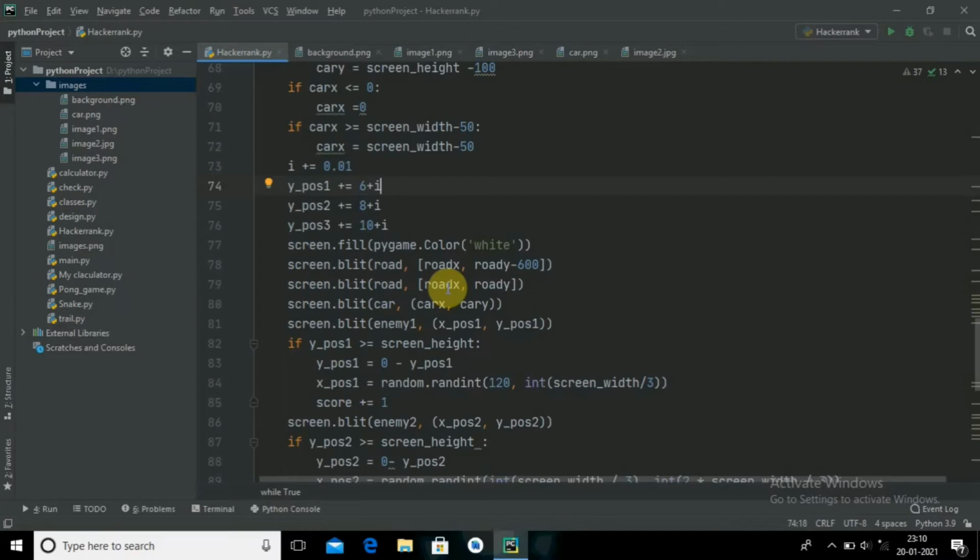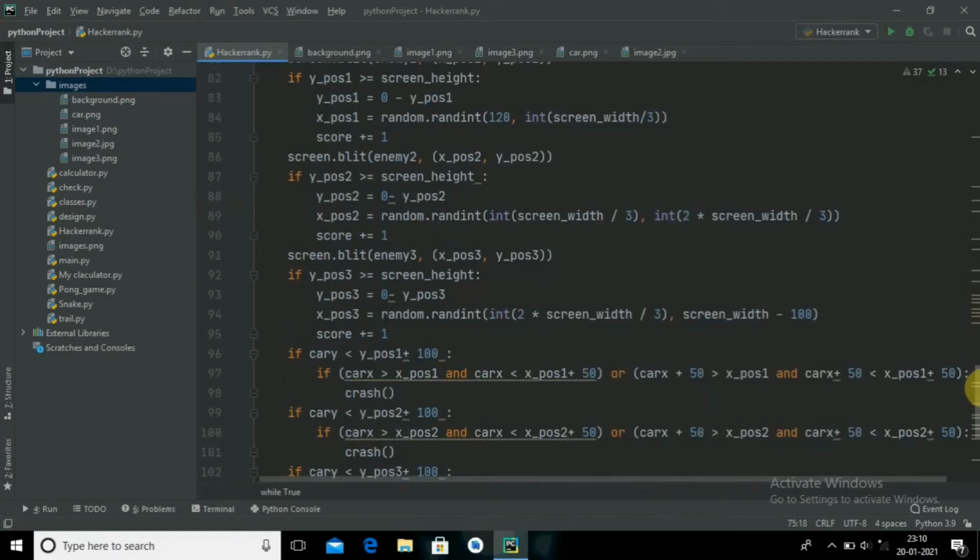Here you can see the x position, let it be 0, and the y position let it be 0. When I give road x equal to 0, and here minus 600, it means my road is on the top but it is not visible. When I change, let's say 1 and minus 600 to minus 599, the road will move down by 1. Then the road which is above the screen will also come down by 1. So that's so on. When we see these images, we find that the road is moving, but actually we are only creating 2 roads and incrementing the values of the y direction.